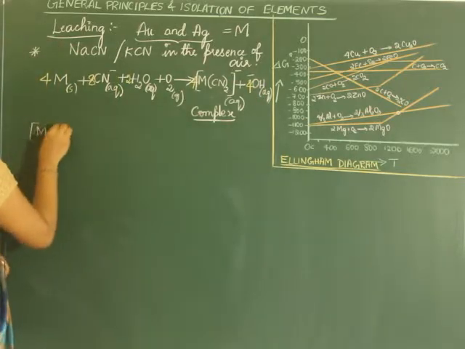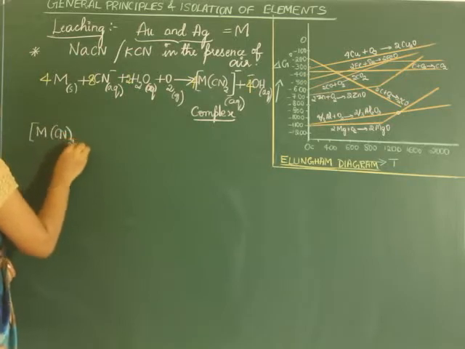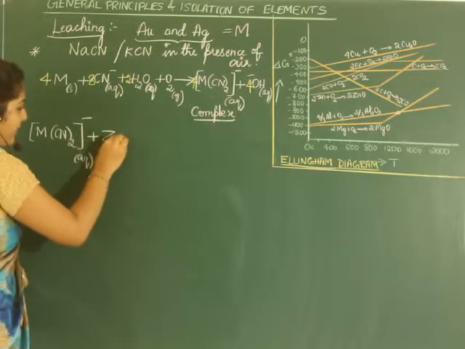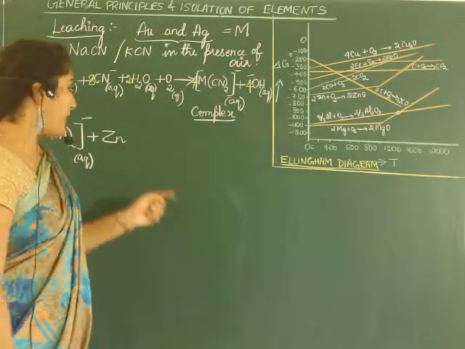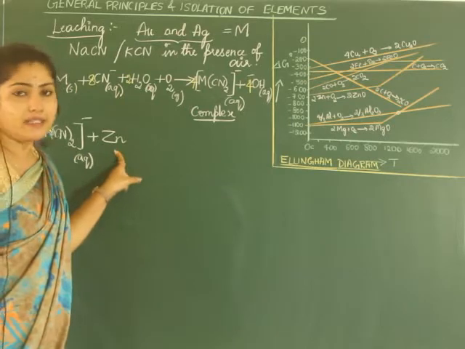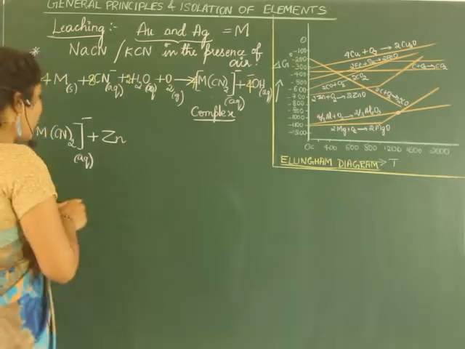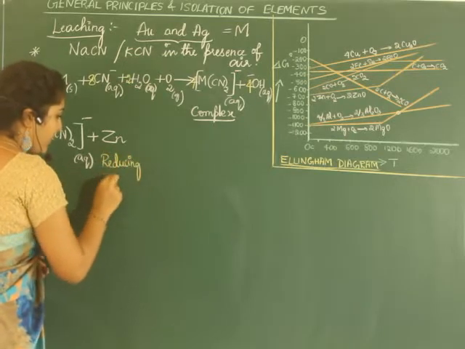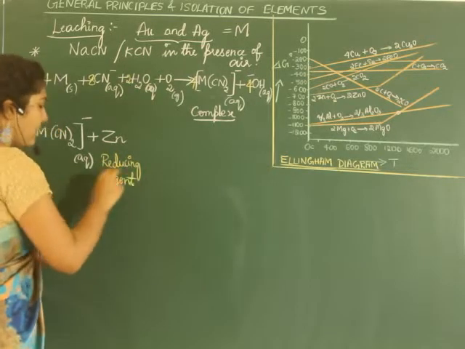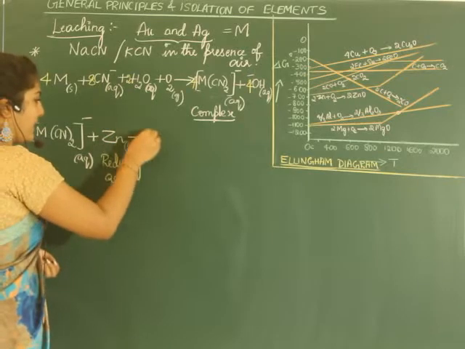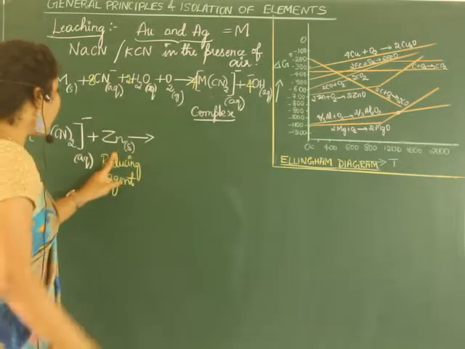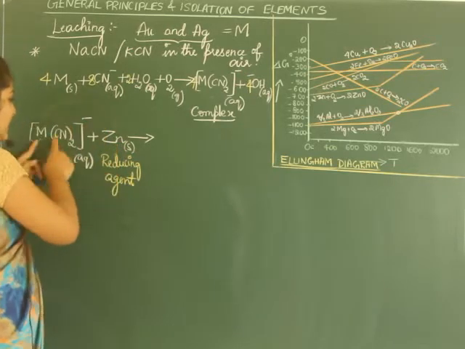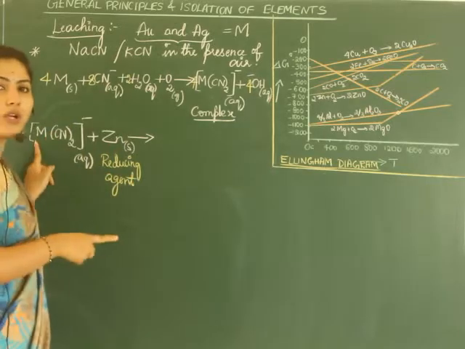And then here, we are taking that particular complex which is formed. And what are we doing? We are reducing it. We are treating with another metal. Which is another metal that we have taken? Zinc. Zinc acts as a reducing agent here. What is it? We have taken zinc metal, right? Now what happens? This metal now which we have added displaces the metal. M can be gold or silver.